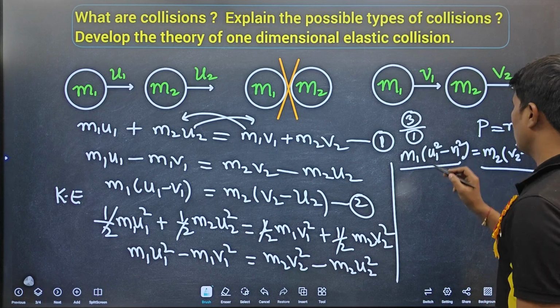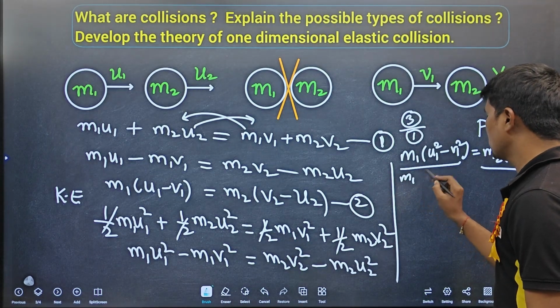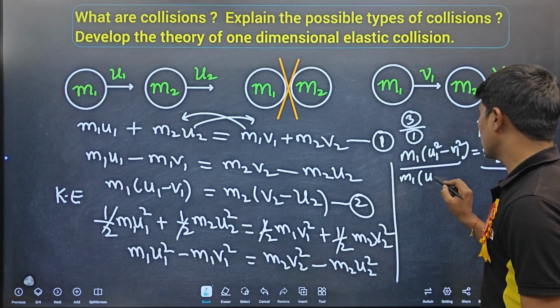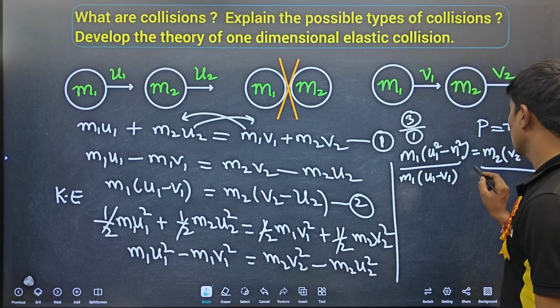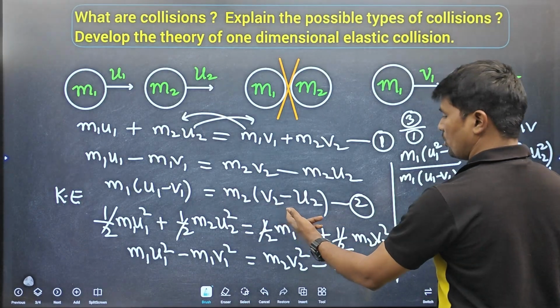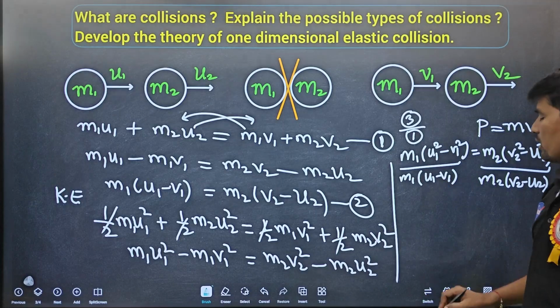Already here there is equation 1, m1 (u1 minus v1), so we are dividing by m2 (v2 minus u2), then what happens? m1 cancelled,